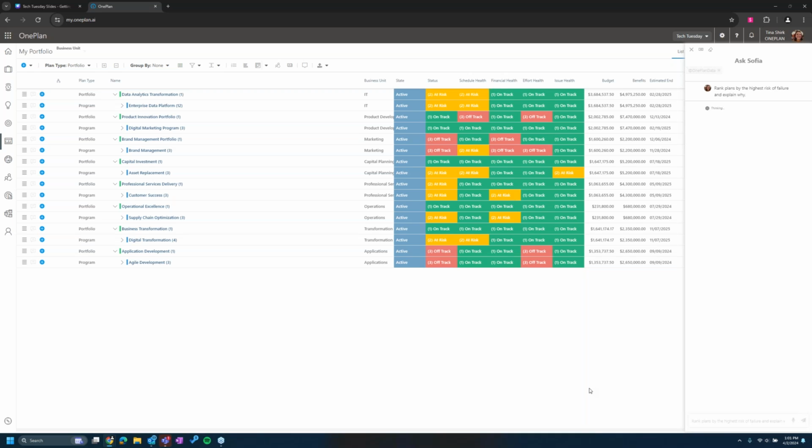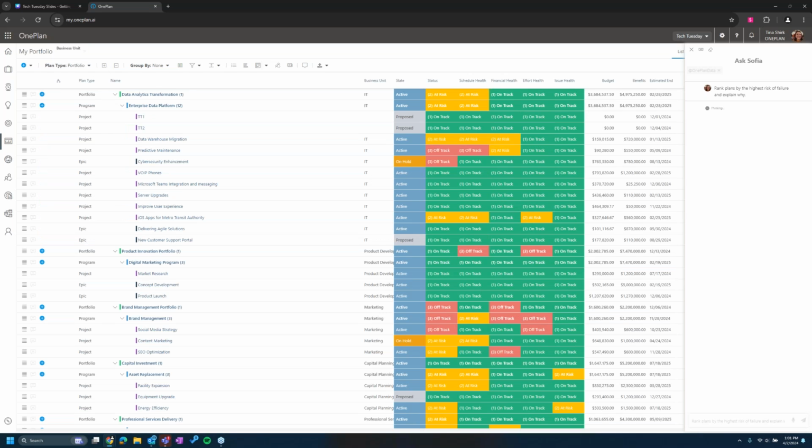So you can see that now Sofia is doing the assessment of all of that internal data that's inside of this OnePlan group. Once it captures and does that initial assessment, it can go through all of this data faster than we can, right? So it leaves us with the opportunity to review the analysis and determine any additional observations